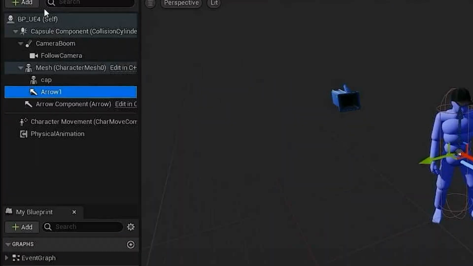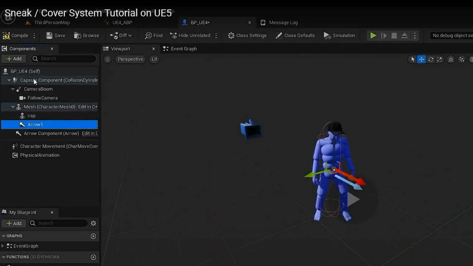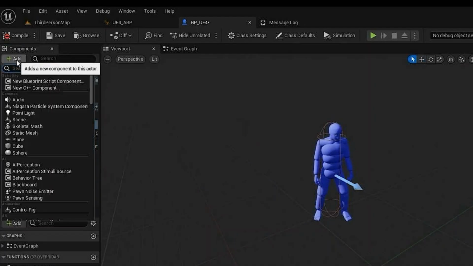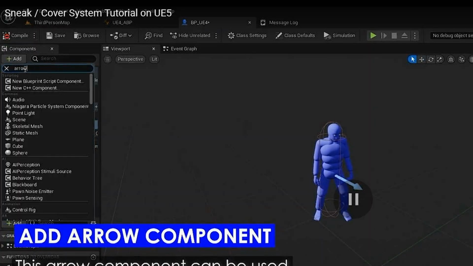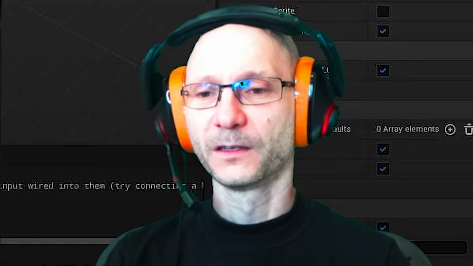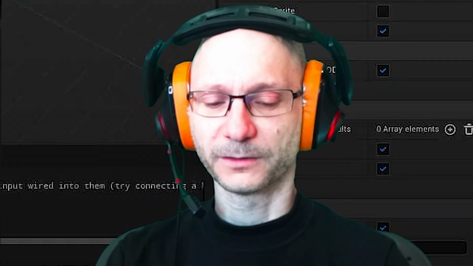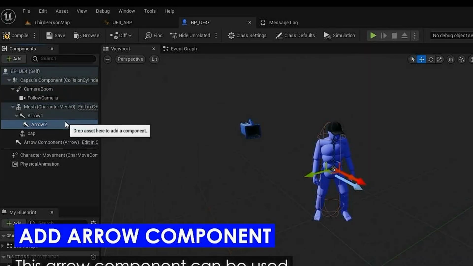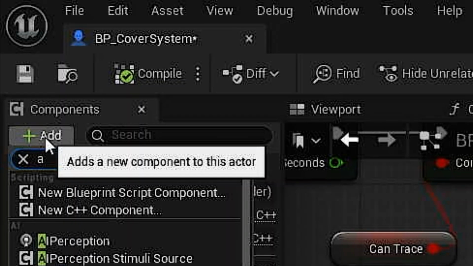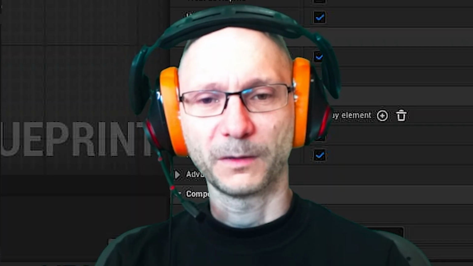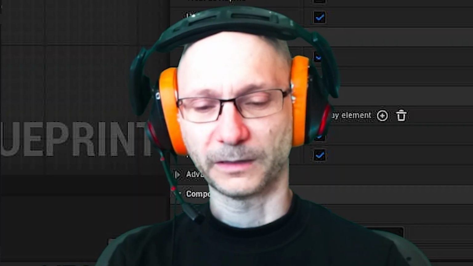He already has an additional arrow that I don't have. You can simply add an arrow by going here on add. Okay, we need to determine the location of the traces. Type here the name arrow, and you can simply attach it to the character.